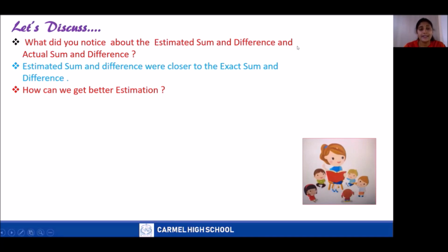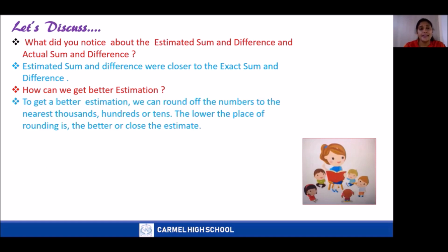Right. We can get better estimation by rounding off the number to the nearest hundreds, tens, thousands. Yes, the lower the place of rounding is, the better or closer the estimate will be. Like this. Can you observe? 19,876 to the nearest 10 is rounded off to 19,880. Here the difference is only 4, whereas